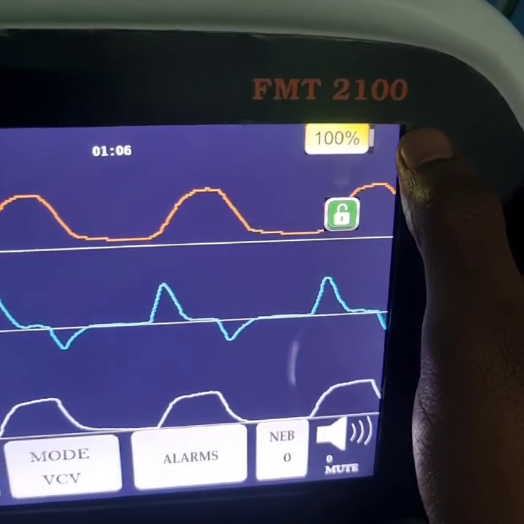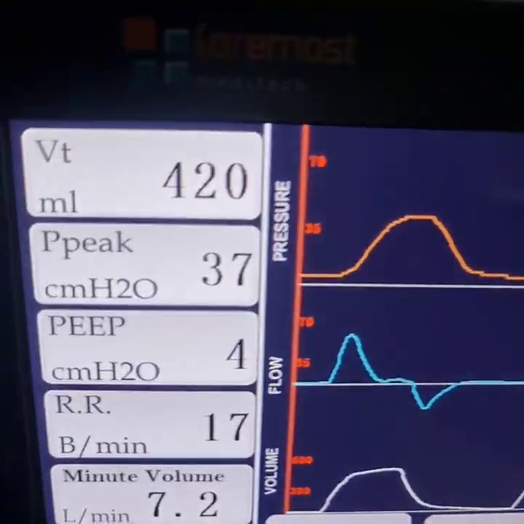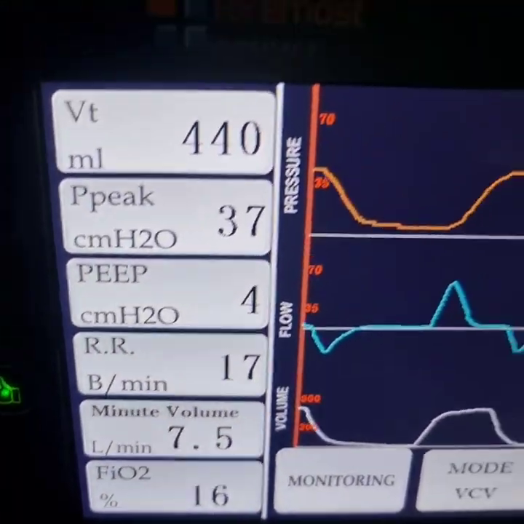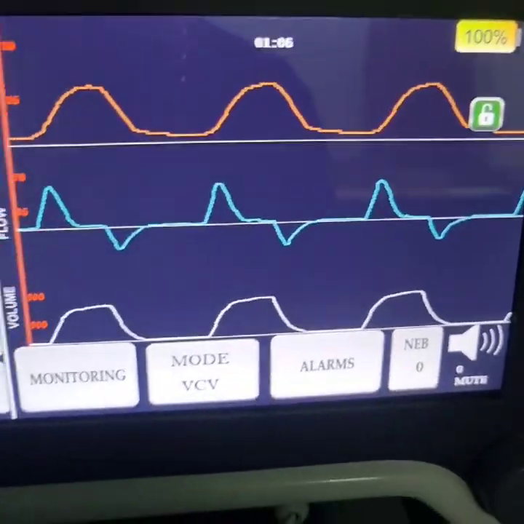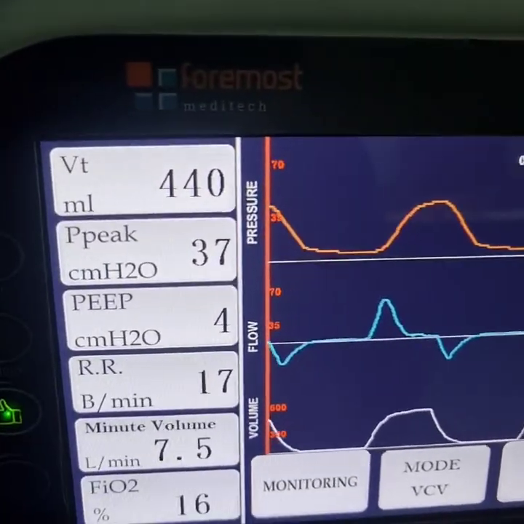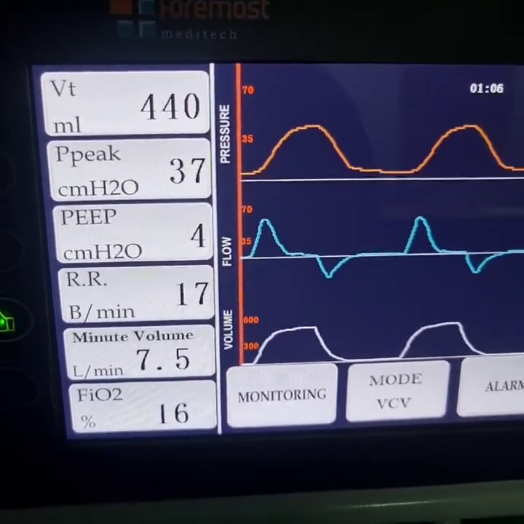Here you have your battery percentage. These are your measured parameters. If we talk about our monitoring parameters, on the display you're gonna find 6 measuring parameters, but